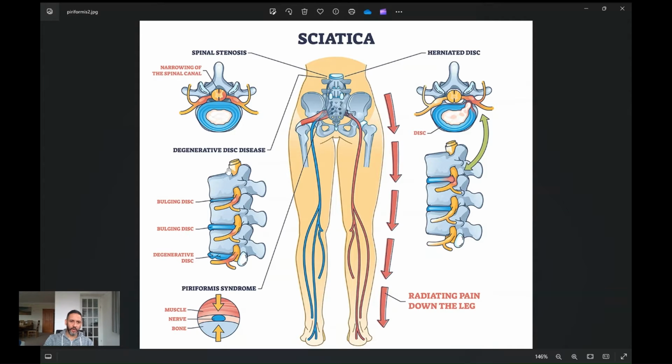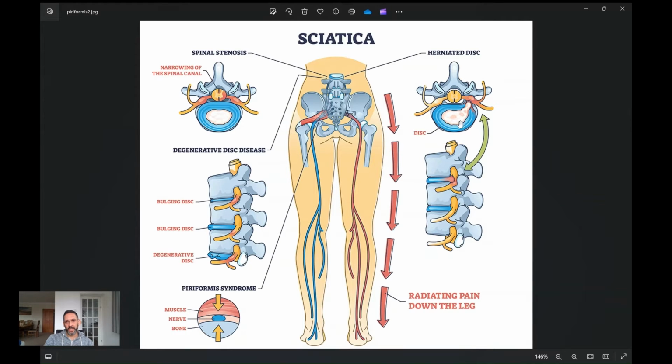So this is a side view here of your spine. That's the front, that's the back, and there are nerves that leave the spine in the lumbar region. These eventually leave the spine and form a bundle called the sciatic nerve. So think of that as a big electric cable, and the nerves, the individual wires that go into that cable. And then that cable itself forms different branches that go down to the leg, innervate different muscles, and give the sensation to different areas of the skin. Anywhere along this course, if that nerve is damaged, inflamed, or trapped, it will give pain or possibly numbness going down the leg. The commonest cause of that is usually a slip disc, is impingement of the nerve within the